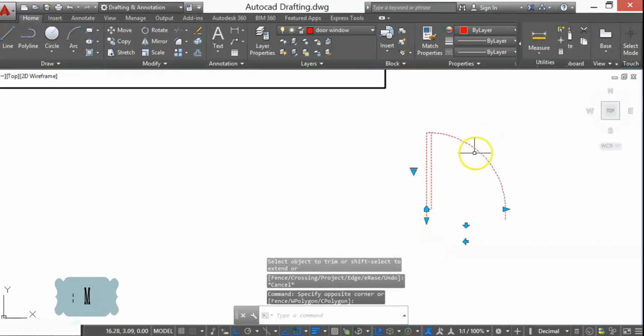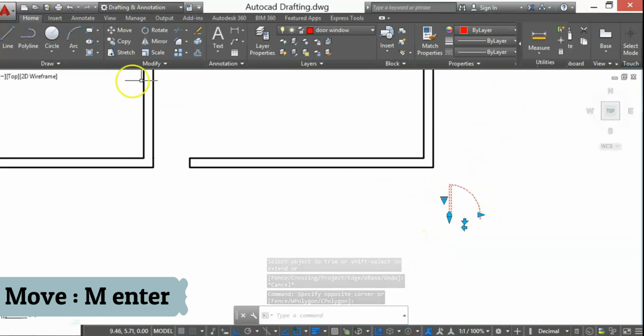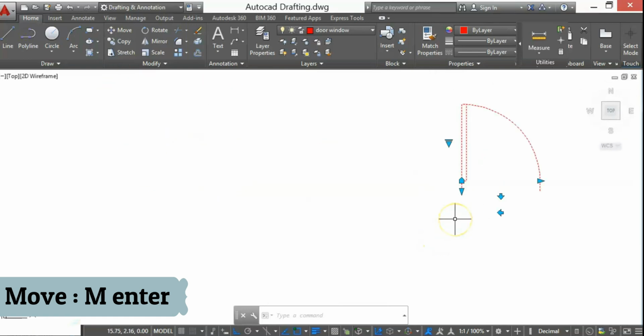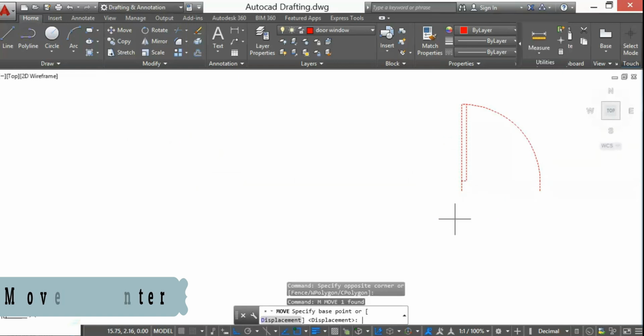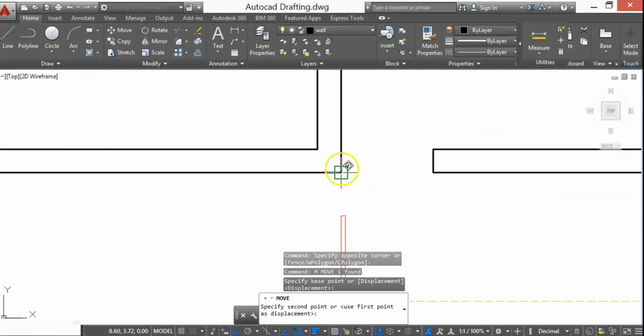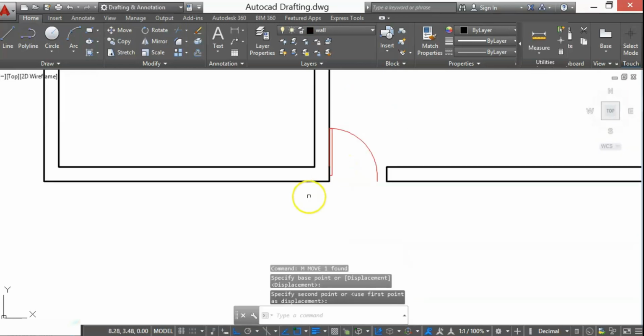Then I use the move command to move this door to the right place. For that select the door, M, enter. M is for move. Select the first point and place it wherever you want to place the door.